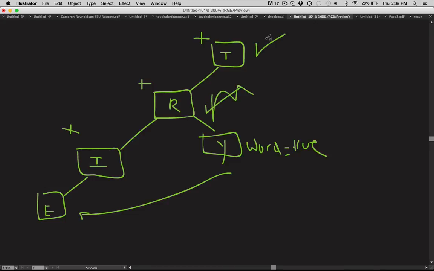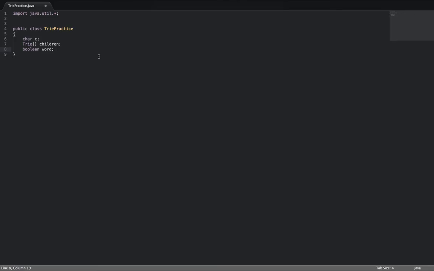Disregard this check mark. But yeah, so let's go ahead and implement our trie class. Back in our text editor, what we want to do is create our constructor. So public Trie, this doesn't take any arguments or parameters. So what we're going to do is set c equal to 0,